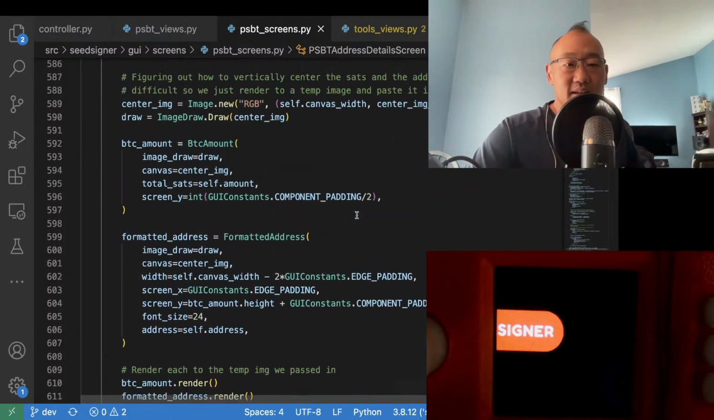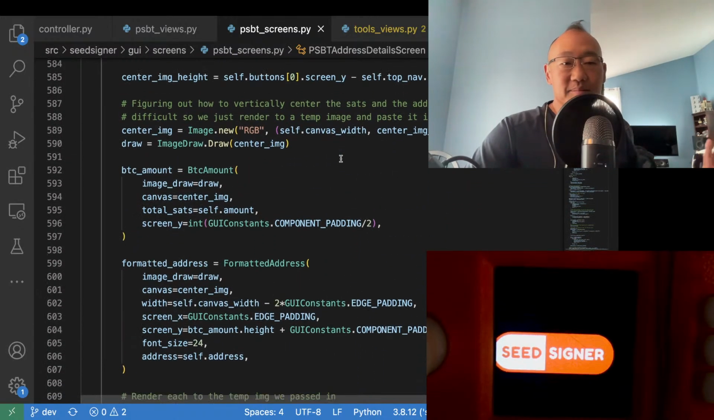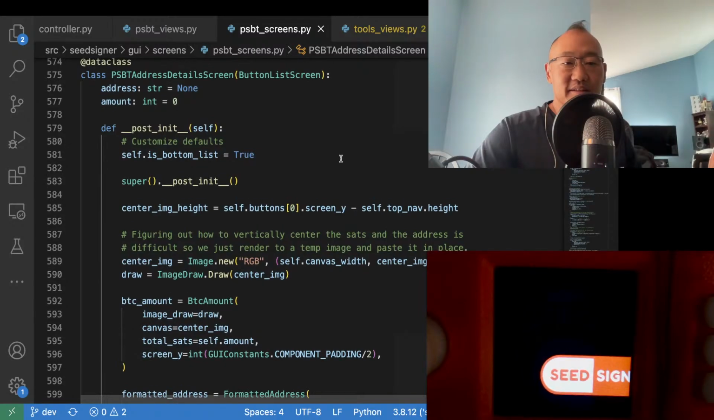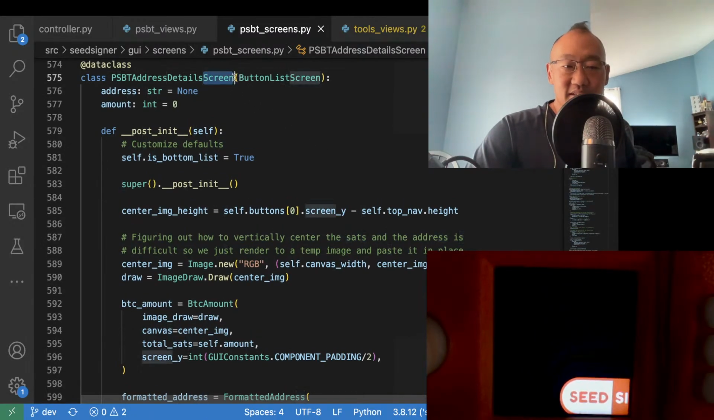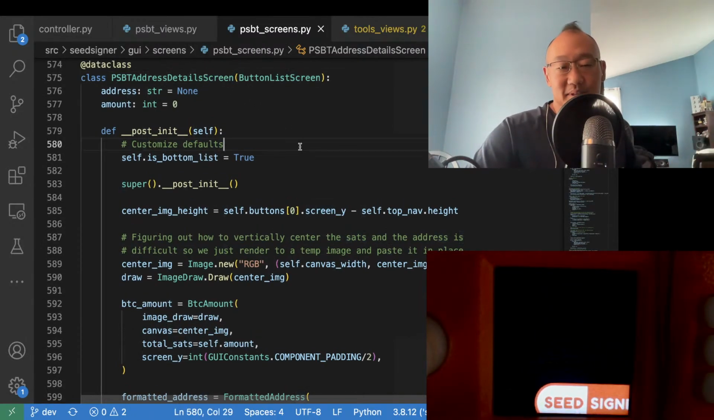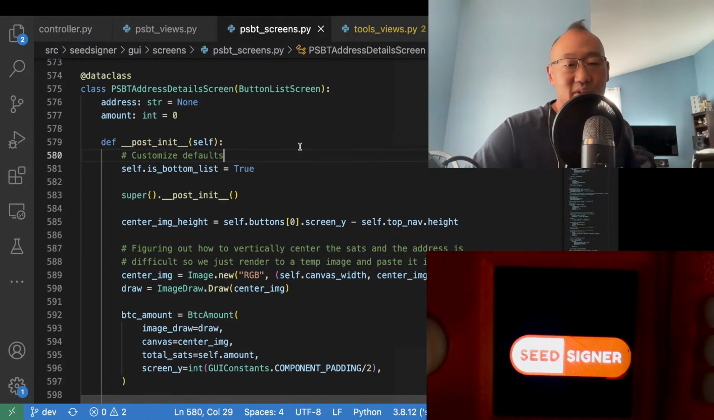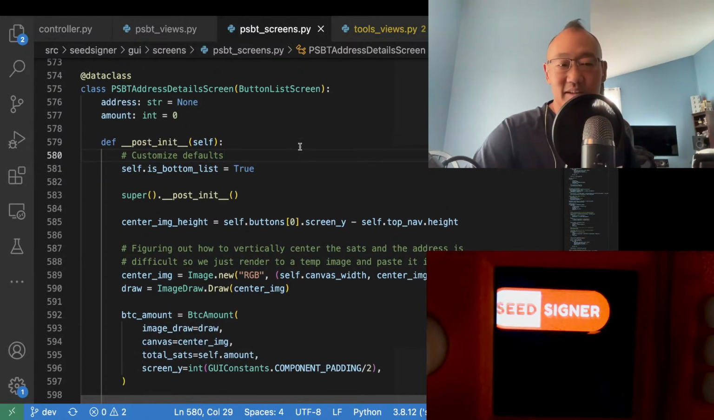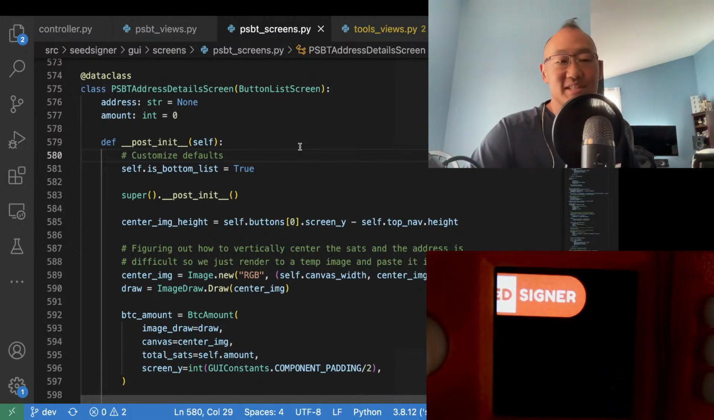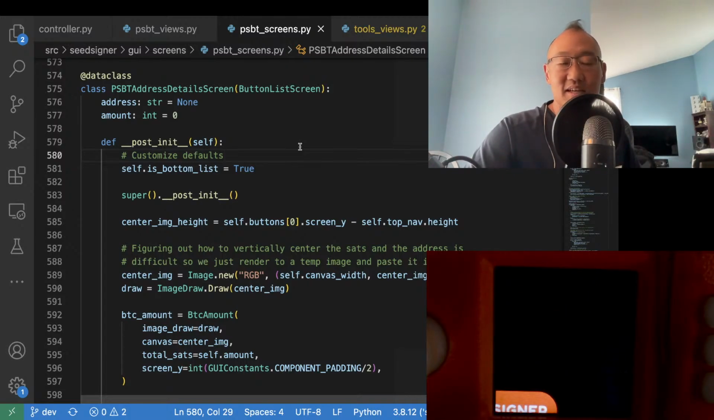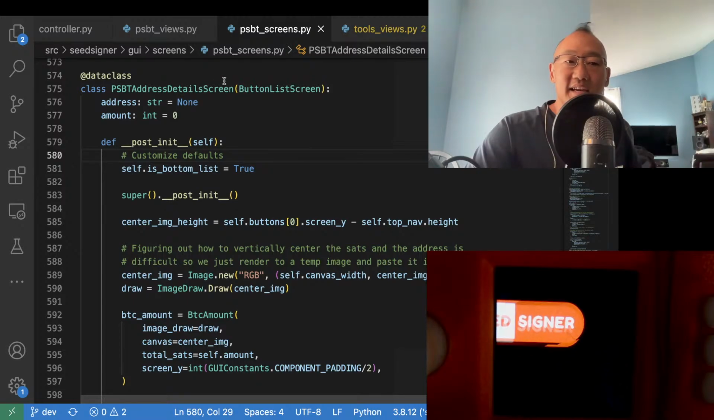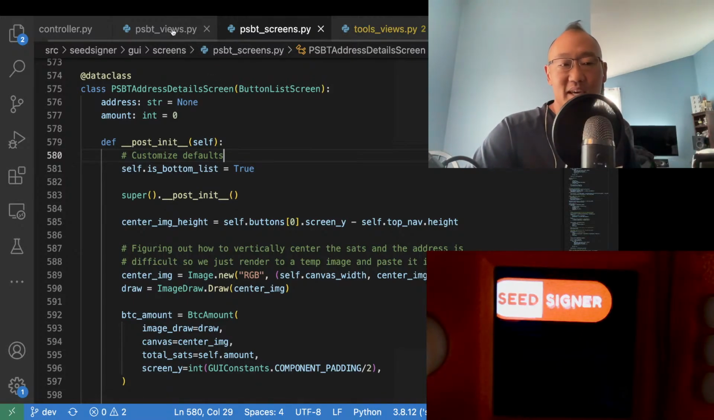But the point being, the screens should be pretty dumb. Like I said, they shouldn't understand really anything about Bitcoin. They're just there to position text, to set up buttons, and that's it. And so if you have a more complicated page, like,